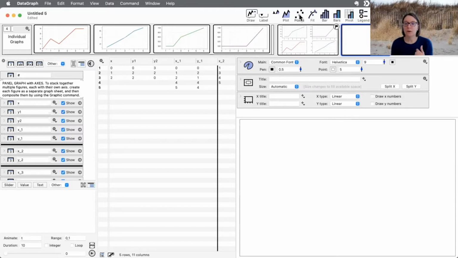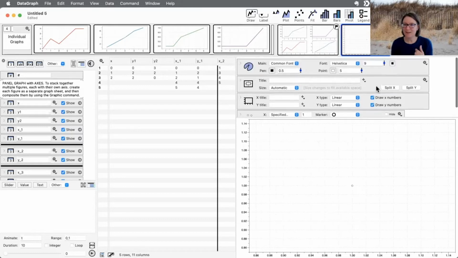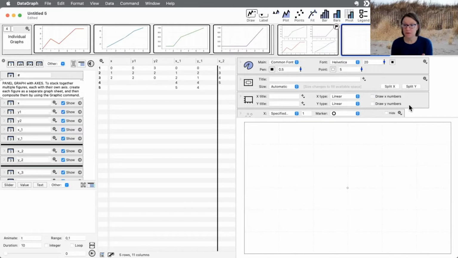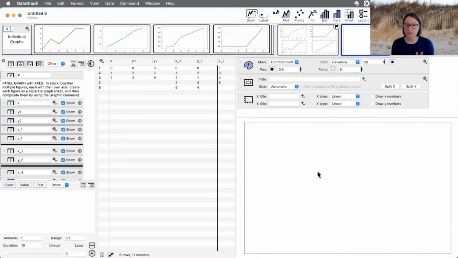Actually, maybe I'll bring back that single point on this graph just so you can really see what's happening here. And let's make the font bigger. So yeah, either of those can be hidden. And then the other part of this, if I go ahead now and delete that data from that point, is to not show the box. We talked about the box style earlier, and we said how you can access it by right-clicking on the canvas. And if you change the box style to axis box here,